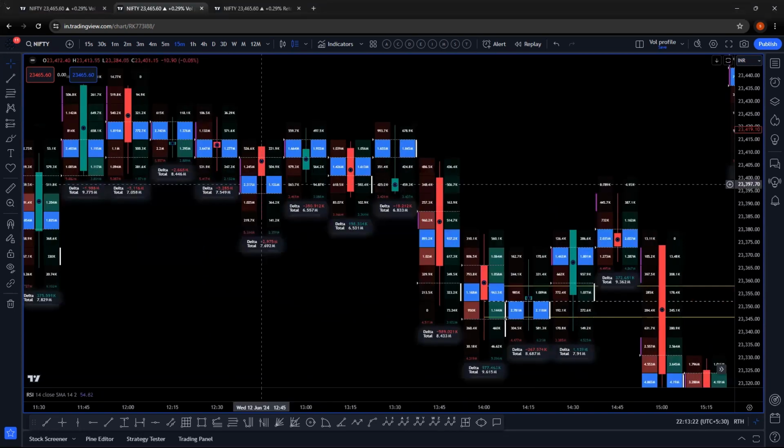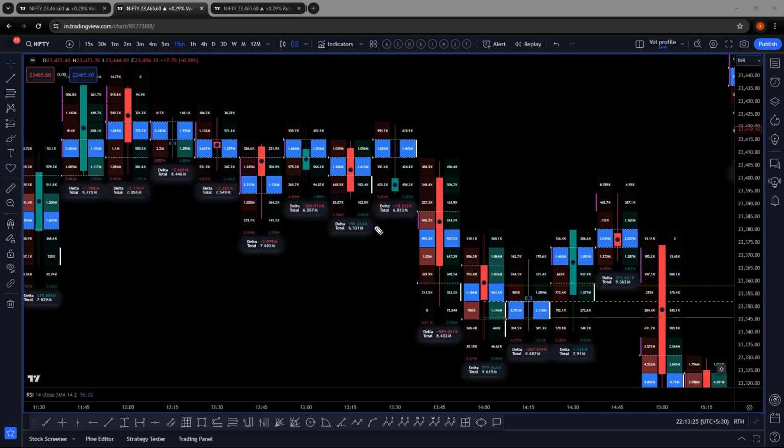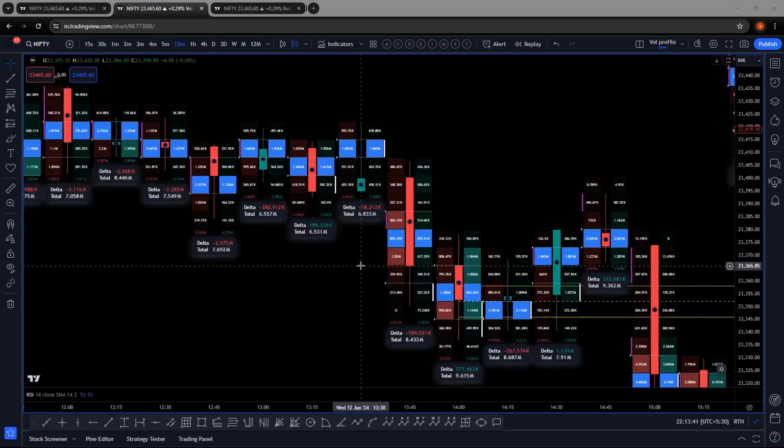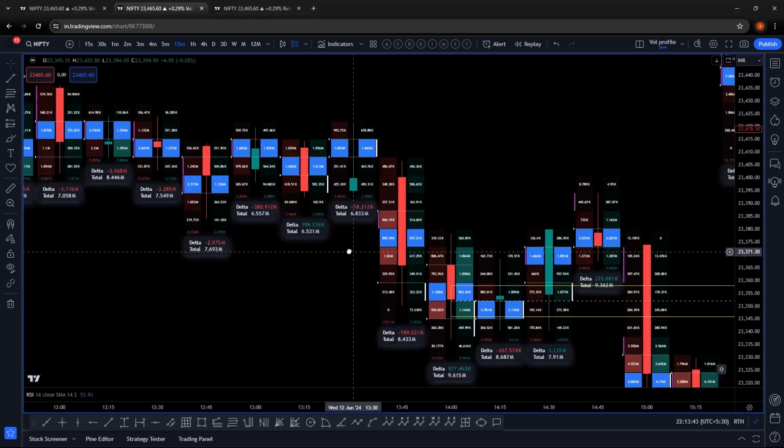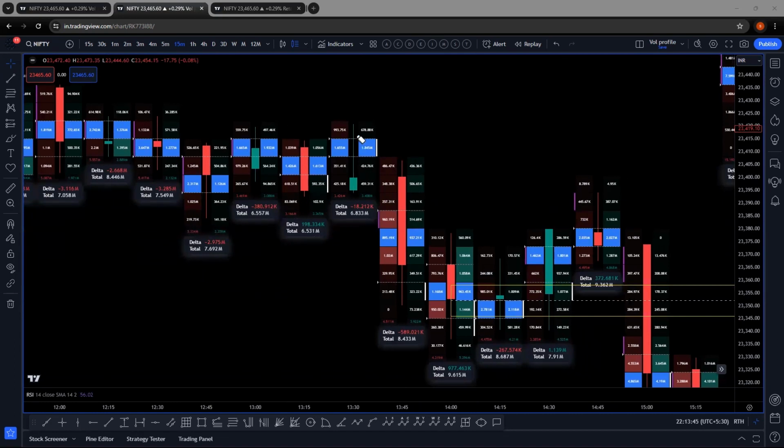All right. So right before the fall started, what happened? There was a sharp fall and then an immediate spike up. In this spike, you can see that this is around 1:30 on 12th June. In this spike, you can see it made a doji reversal kind of pattern. Okay, it made a doji.